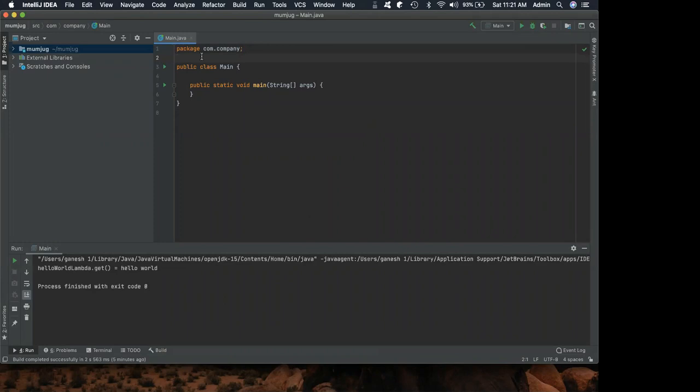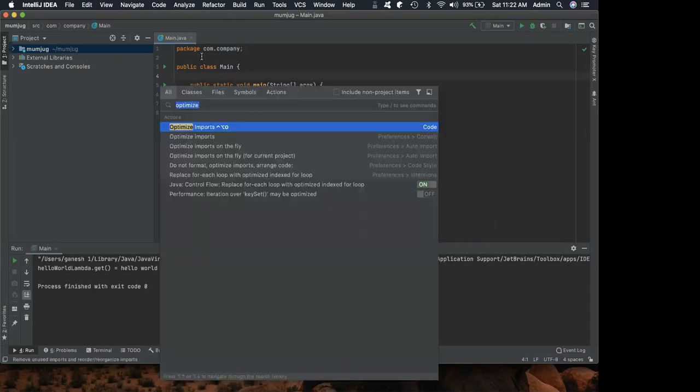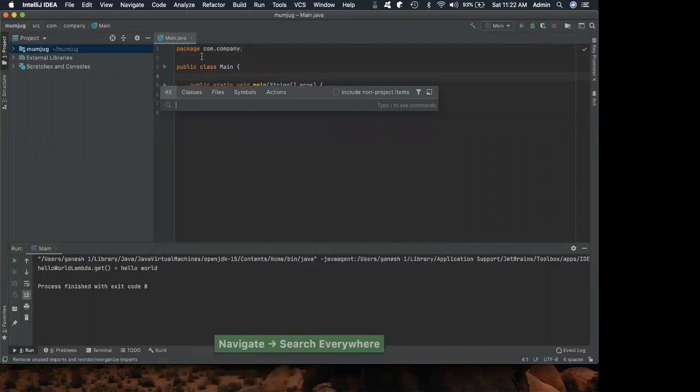Right? So a lot of times you would like to learn the shortcuts, but will not be able to remember them. So what you can do is learn one single shortcut which is extremely easy to remember, which is double shift. If you do double shift, it will open up this search everything, which includes the search for classes, files, symbols, and actions.